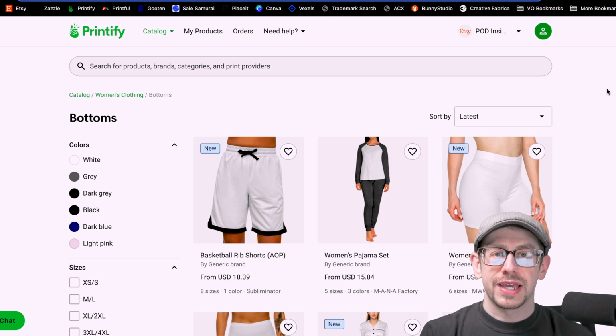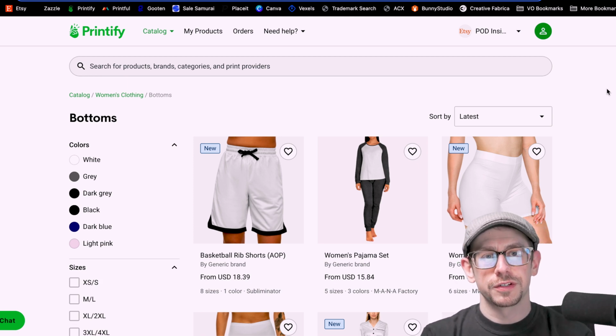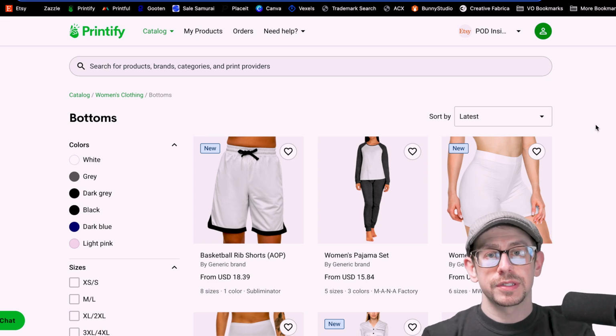All right, so let's switch over to the computer and take a look at pricing as well as some niche opportunities for print-on-demand leggings. The first thing we're going to do is take a look at the pricing. Normally we would do some niche research and search volume checking first, and then we would do pricing. But let's take a look at the pricing first just to further illustrate that point about how the opportunity is there. So we're in the Printify Catalog looking at the women's clothing, and in the bottoms section,